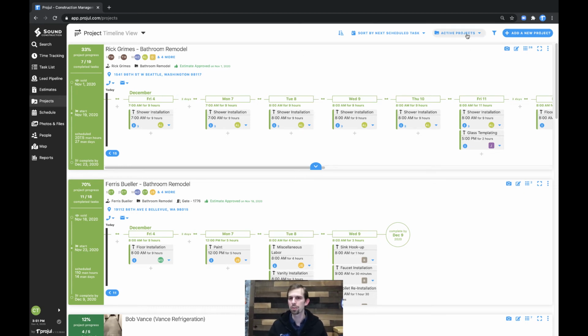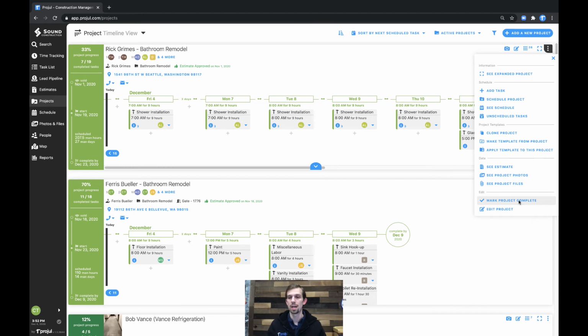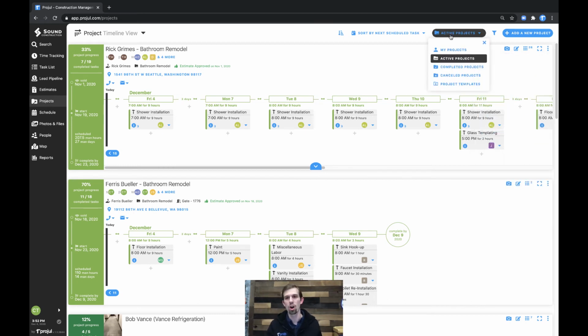There's a couple other things here before we leave this view and we go to the project month view. For a project manager, they could simply go to My Projects and see all of the jobs that are specifically theirs. Active projects is what we're on by default. You could also see completed projects. This would be any jobs that you have marked as complete and have moved over into kind of an archived status. Now as well, you have canceled projects,